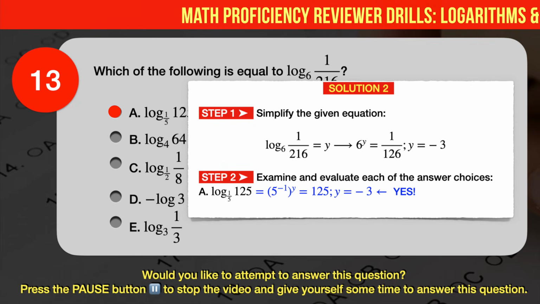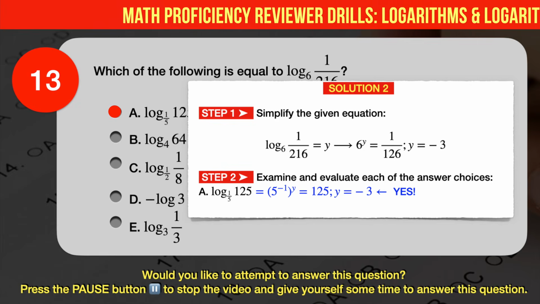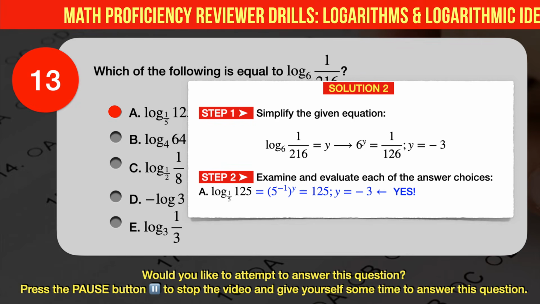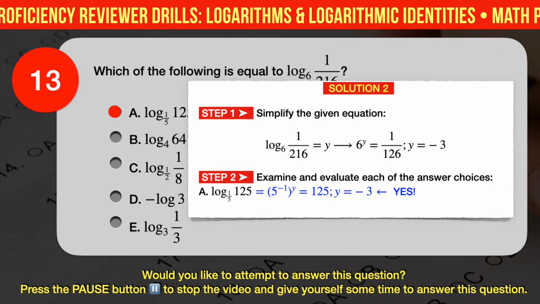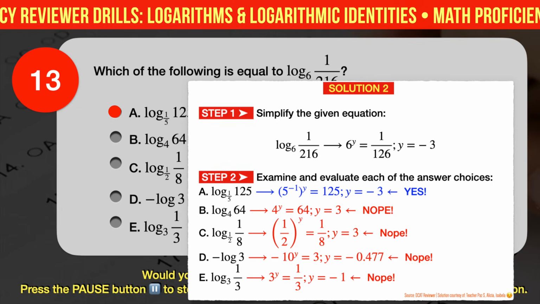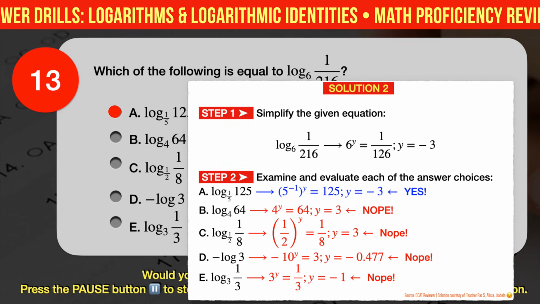1/5 can be expressed as 5 raised to minus 1. We'll arrive at minus 3 as the value of y, which makes choice A equal to the given equation and therefore, the correct answer. Again, we continue to evaluate the other choices to validate that none of them is equal